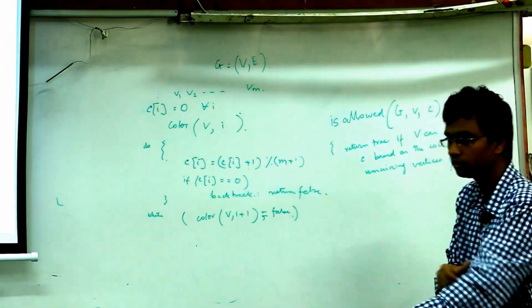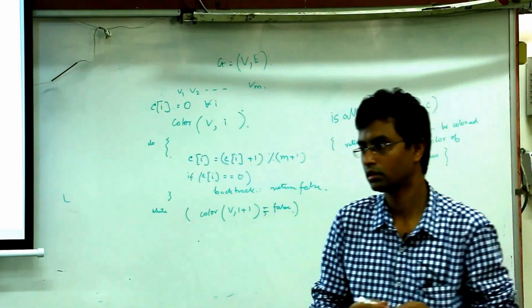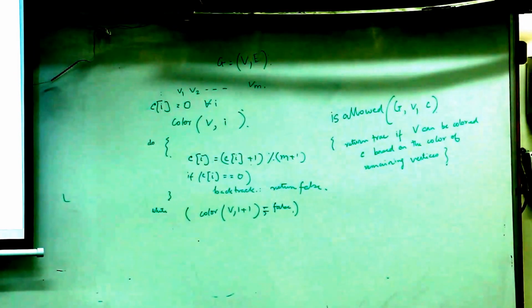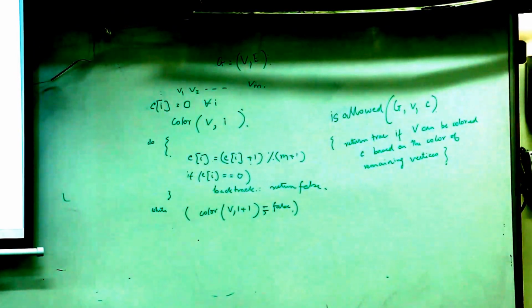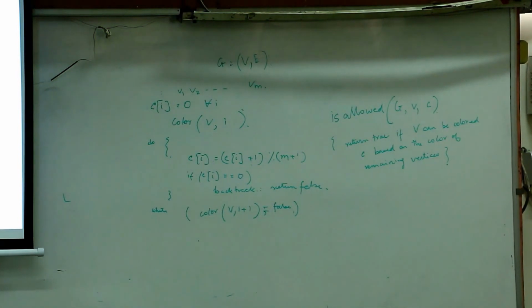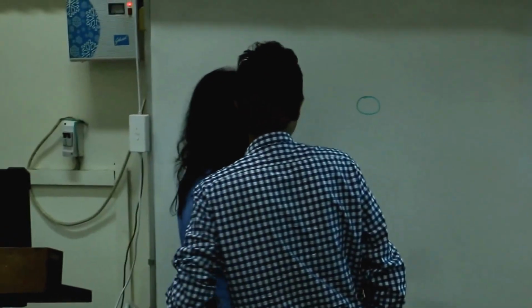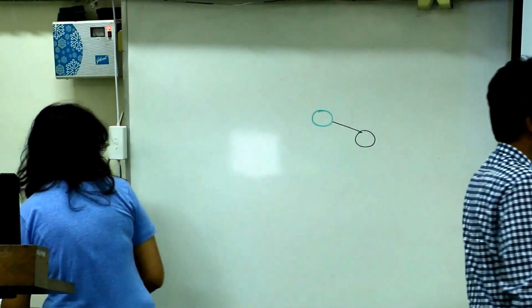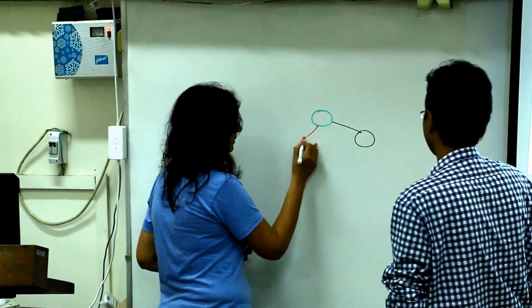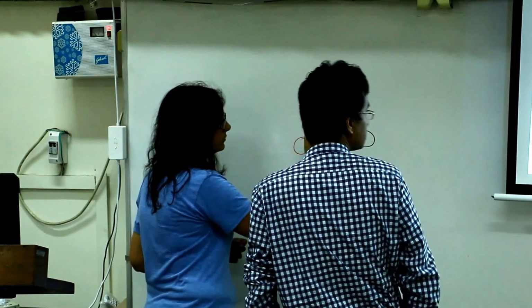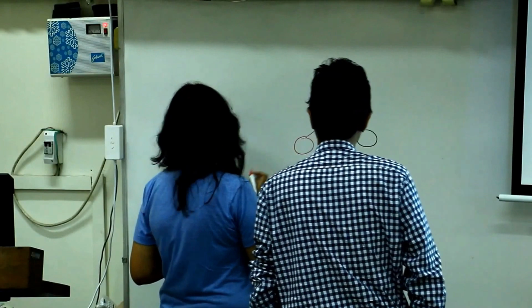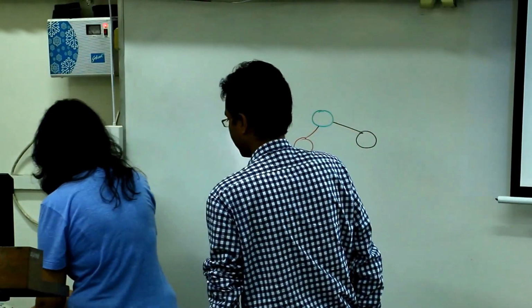Yeah, I have a question. I'm not sure if it is right or not. Suppose I have a situation wherein this is the node that I'm looking at, and it has four neighbors. It already has 2 neighbors with different colors, maybe red and black. So I have to decide which color to give to this node, and I have 2 options.